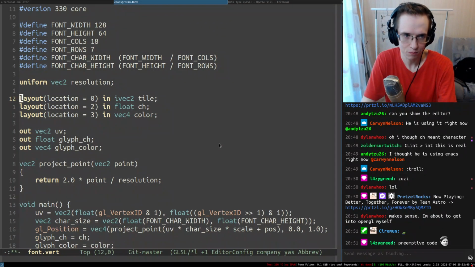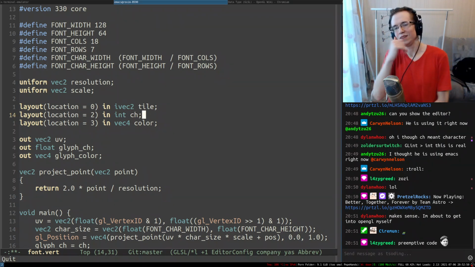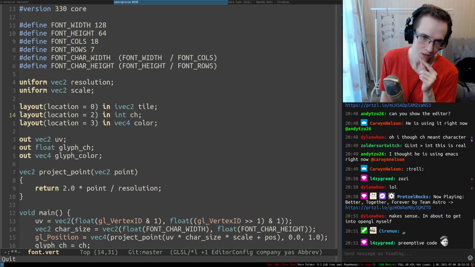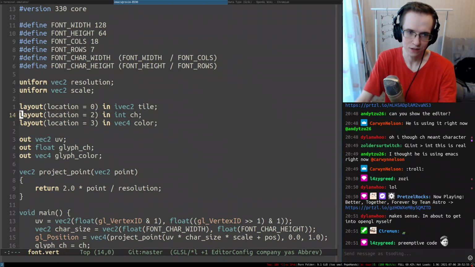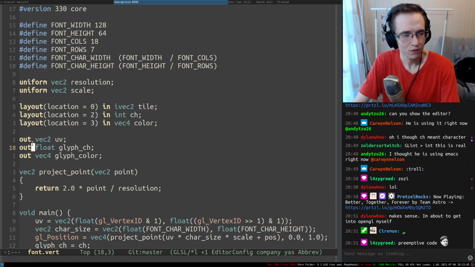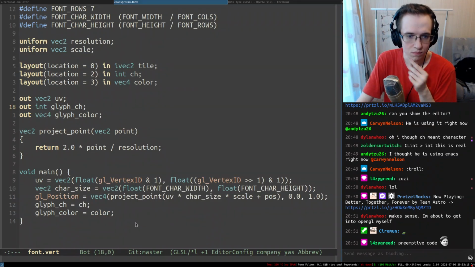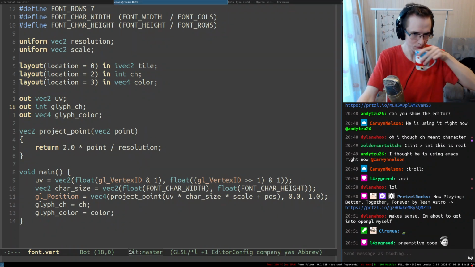So we don't have a scale in here, but we do have a scale in here. Character becomes an integer, and we even send less data to the GPU. That's actually pretty cool. I really like that. We do less stuff on the CPU and we send less data to the GPU. It's overall better, I think. I wonder if, maybe because of that, I can make this entire thing an integer. I think it's going quite well.